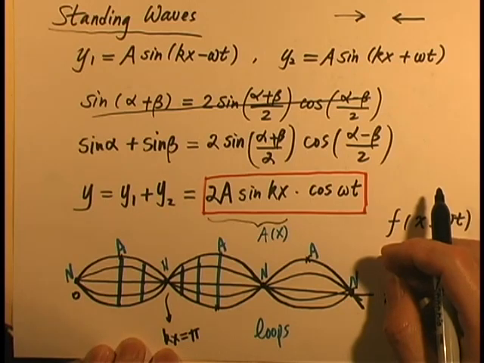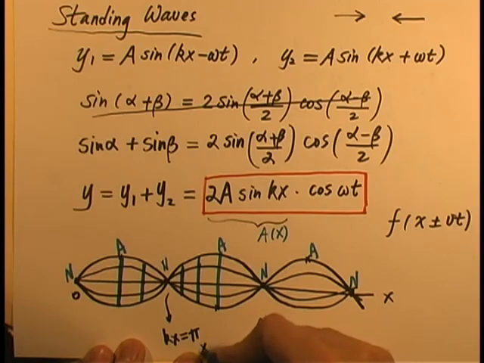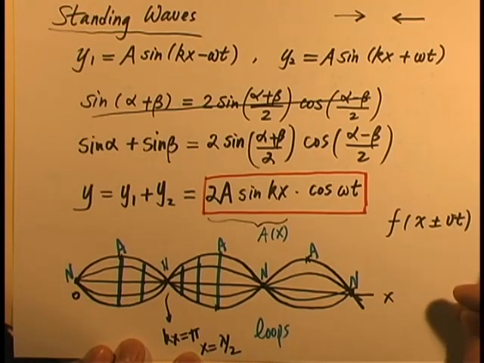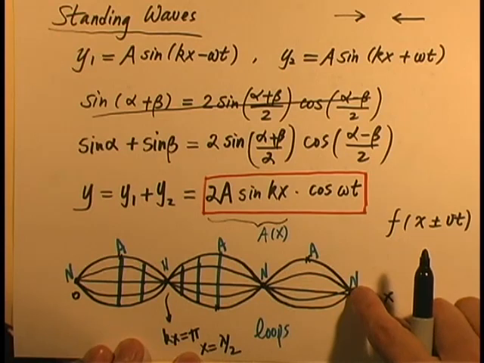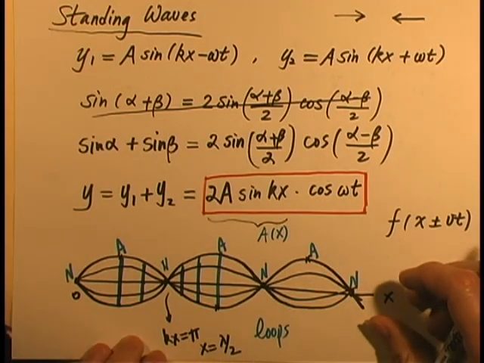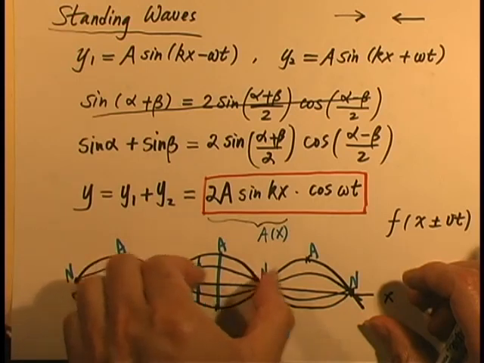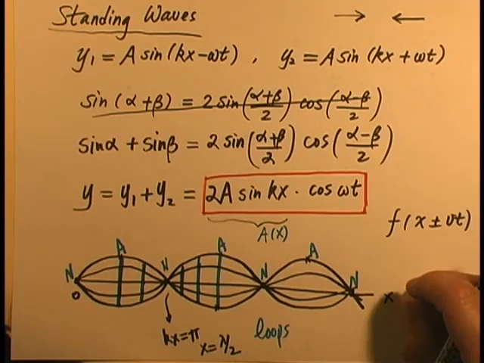Now remember, k is 2 pi over lambda. So that means x equals half a wavelength. You can show easily this is where x equals 1 wavelength. This is where x equals 3 lambda over 2, and so on. So basically what that tells us is that each loop has a length which is equal to half a lambda, half a wavelength. This is an important result which we'll be using